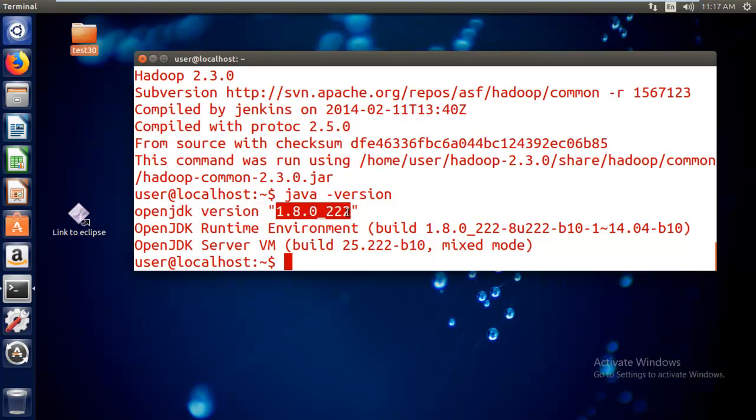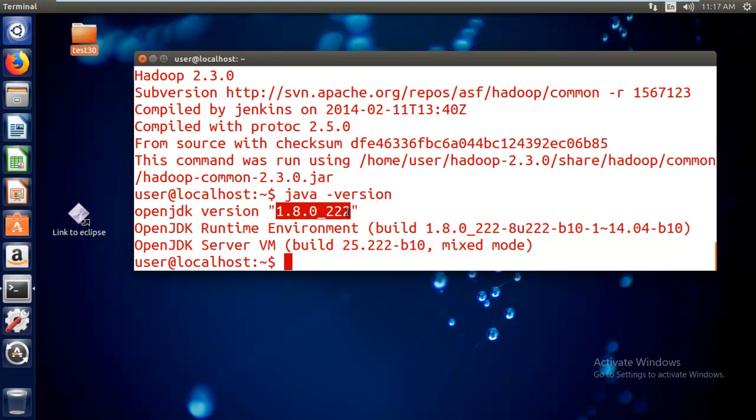While installing Hadoop itself, we had to plan which Java version we would like to go with. For that you have to go through the Apache Hadoop documentation. There they specify very clearly whether you have to go with 1.7 or 1.8, or which particular version you want to go with. They mention the compatibility level.